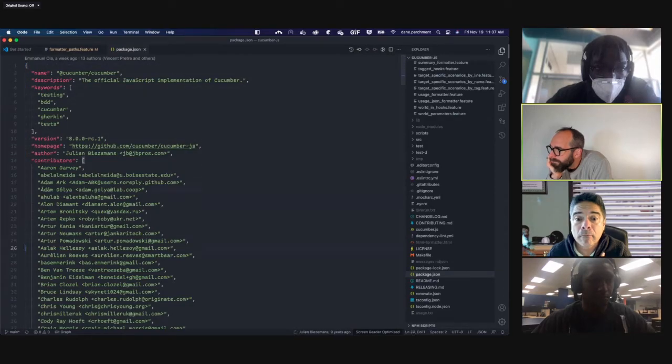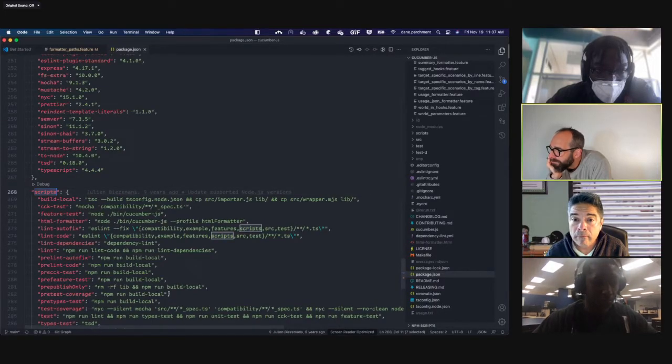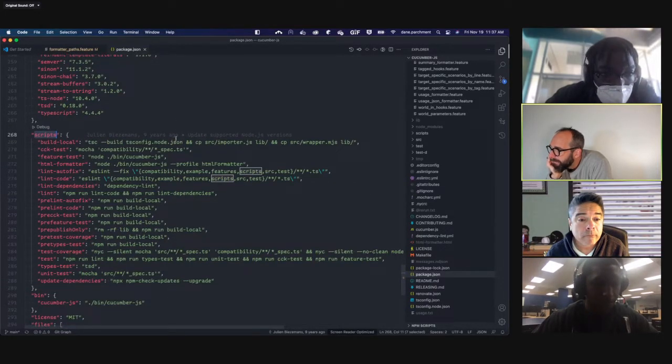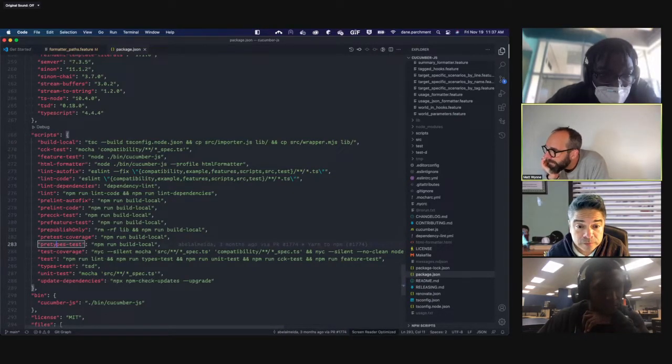Get to the bottom of the file. There's this huge long thing. We need to update this now and put all of your names in it as well. Feature test. Yeah, feature test. There you go. So we can do npm run feature test